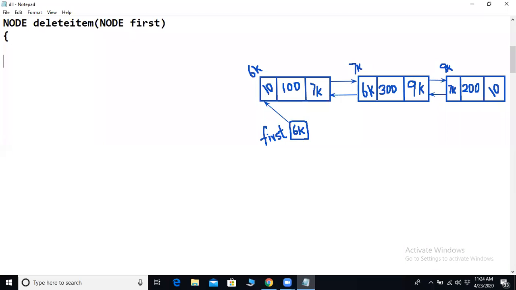The condition to do that is if first equal to null, then we can tell that there is no item to delete, right? Yes. Okay.